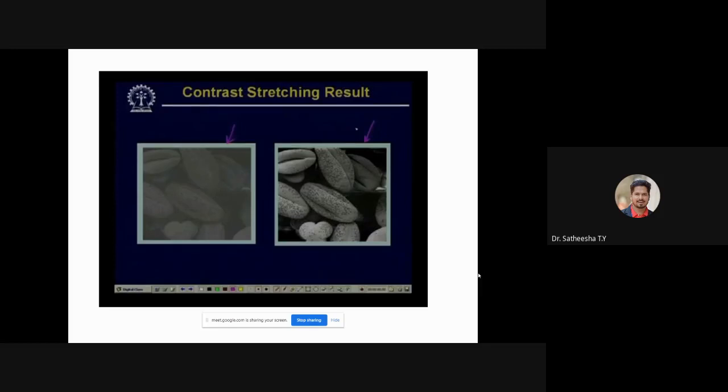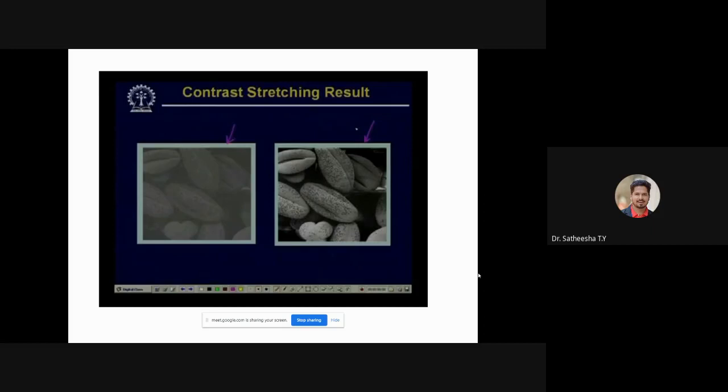This is called the contrast stretching technique, which is mostly useful for images where the contrast is very poor. We have said that we can get poor contrast for various reasons: either the scene illumination was poor, or the dynamic range of the image sensor was very less, or the aperture setting of the camera lens was not proper. In such cases, the dark image that we get can be enhanced by using this contrast stretching technique.